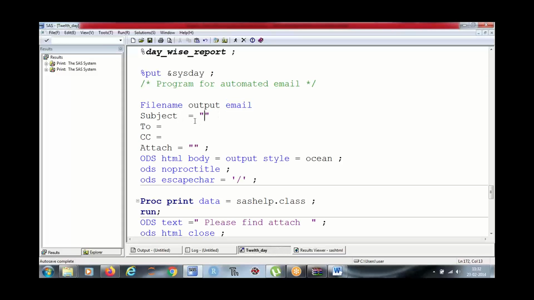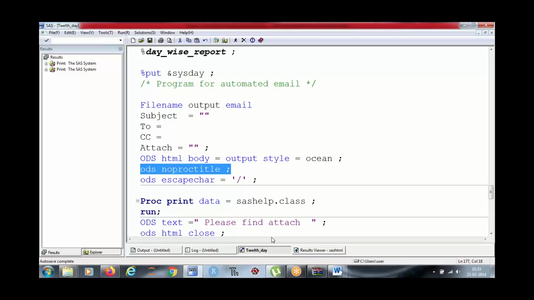then you write a subject line, the email addresses of the people who will be receiving the email, CC, and attachment. Over here, you give the path of the file which you want to attach. Then in ODS HTML body, you write this output, so in the body this output will be pasted. For the style, you can use any style.